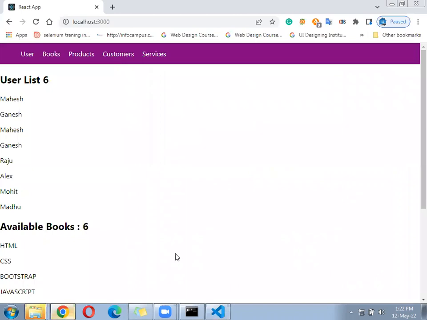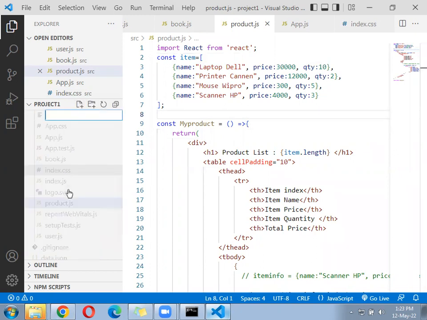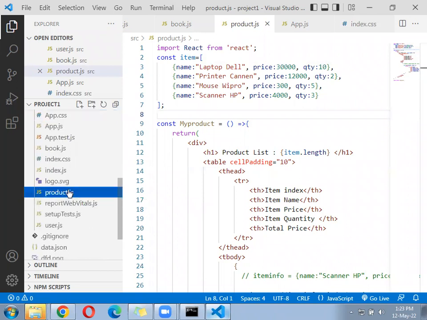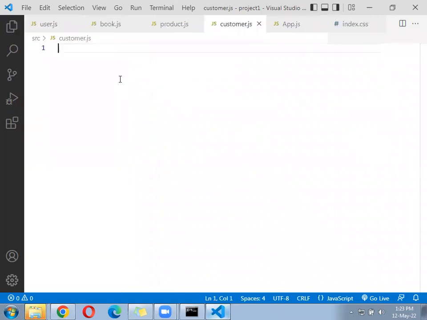Okay. So create the next file, Customer.js. In customer.js,